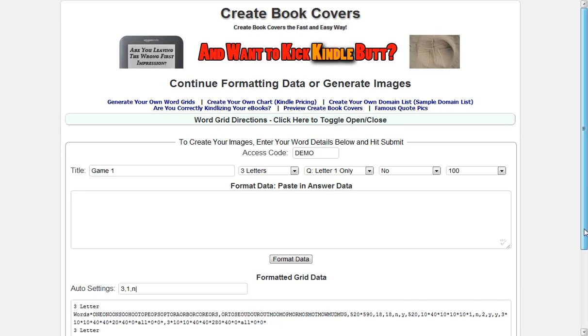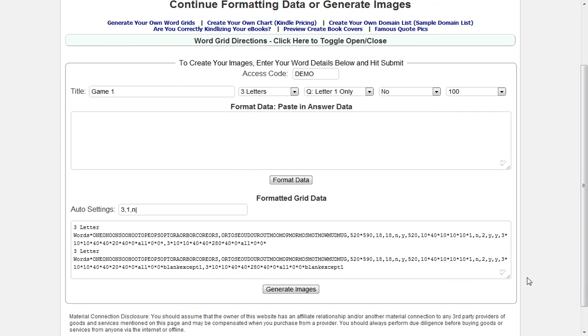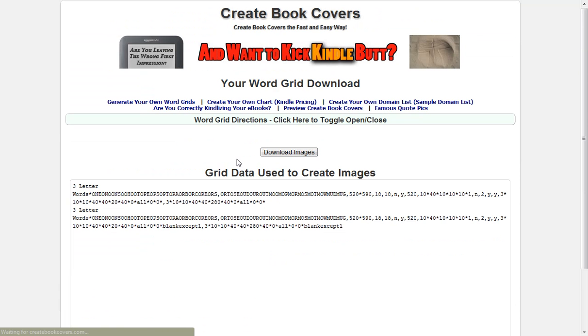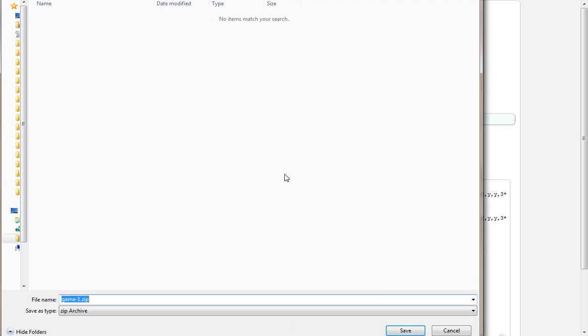I'm going to demonstrate it later, so I'm not going to demonstrate it right now. So anyways, the format that it comes through is it pre-formats the information into a form that this system can use. It's just giving that so you can see it. If you want to save it, that's great. All you need to do is just generate the image, and it'll take a little bit. Boom, there, it's done. And then you can go ahead and download it, and save it,